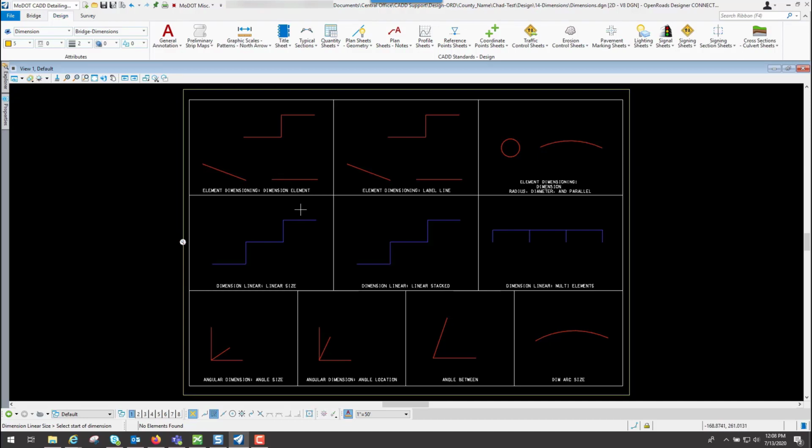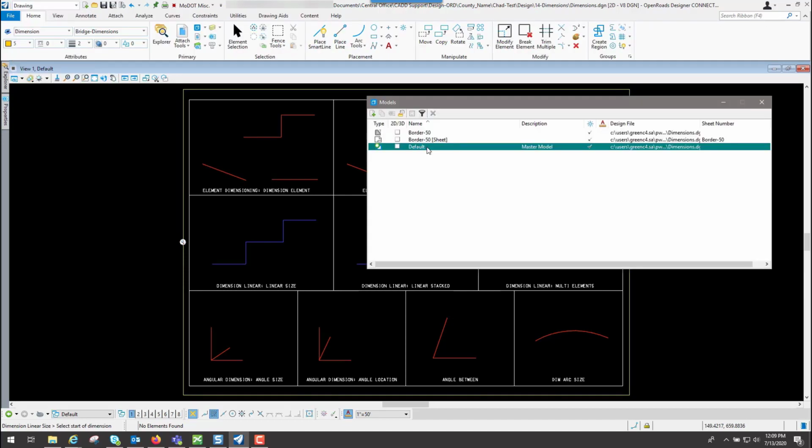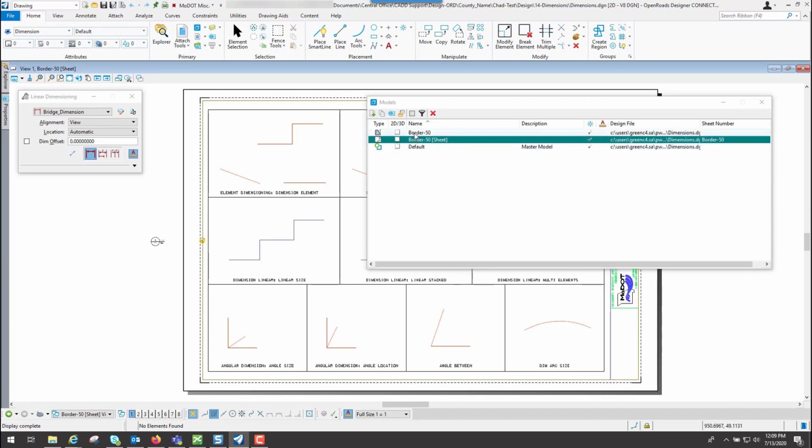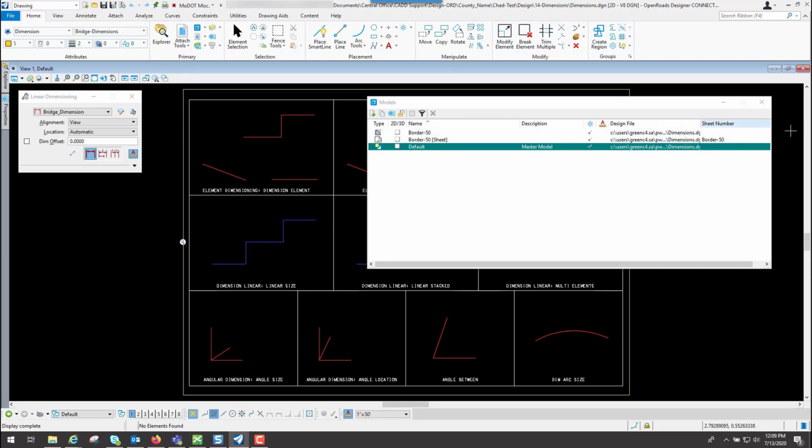Now the other thing that we will need to look at is where do we want to place the actual dimensions. Now Bentley's workflow is whenever you create a named boundary, which actually outputs the sheets, which is demonstrated in a separate video, let me go back to the drawing workflow. Whenever you do the named boundary option, it's going to create a boundary in your default model, and then of course it creates a drawing model and a sheet model, which the sheet model actually has the border, like what is shown right here. Let me go back to the default.